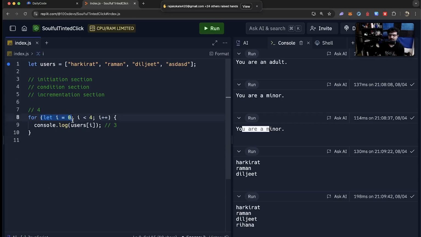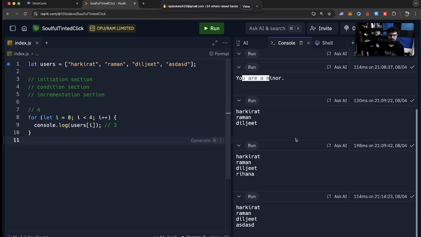Every language has an initiation step and a condition step, and then something you do after every loop. This is something you do before a loop runs. Only if this returns true, you run the loop. This is something you do after the loop has run. And then again you check the condition, run the code, condition, run, and so on and so forth until this condition is not met.